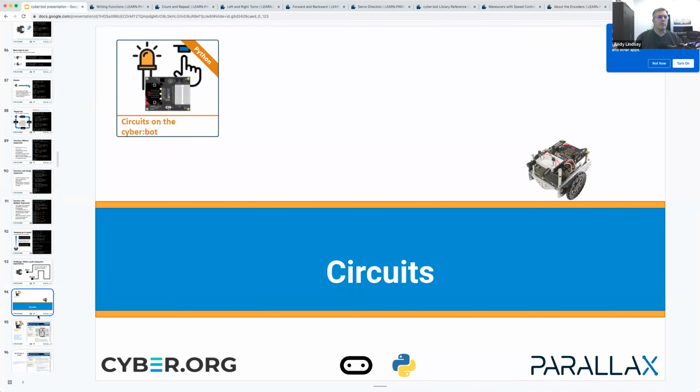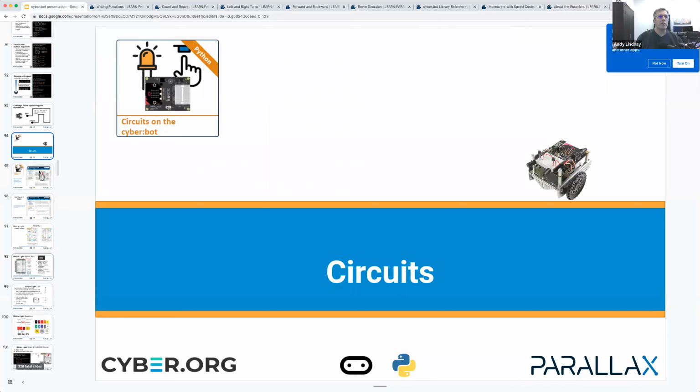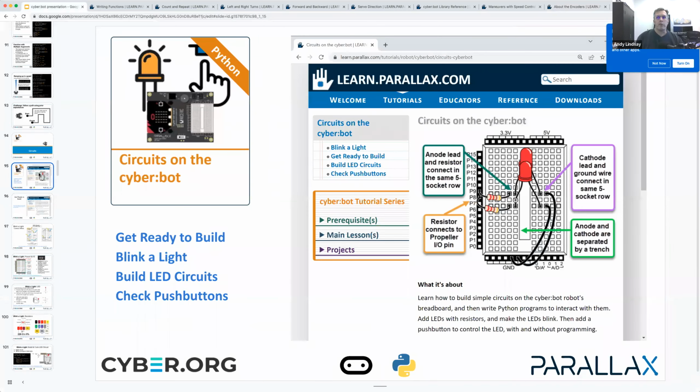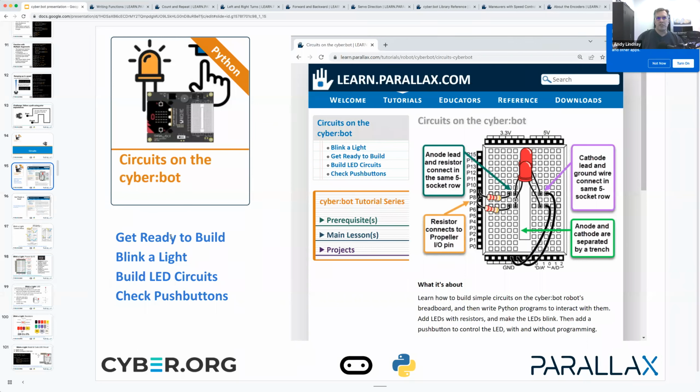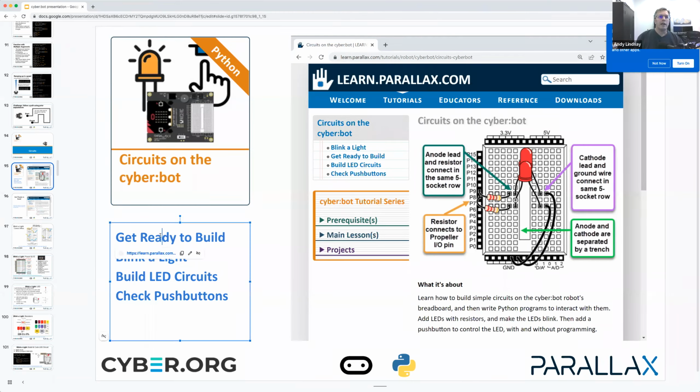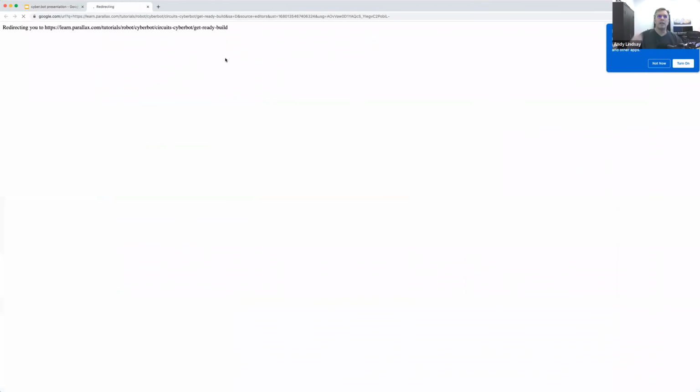So I'm just going to talk to you briefly about circuits, and then we'll build a circuit. And this is very brief. There's a chapter on it where the students build a couple of lights, and then they connect a couple of push buttons. Basically, one of the first pages is Get Ready to Build. And if we look at that,